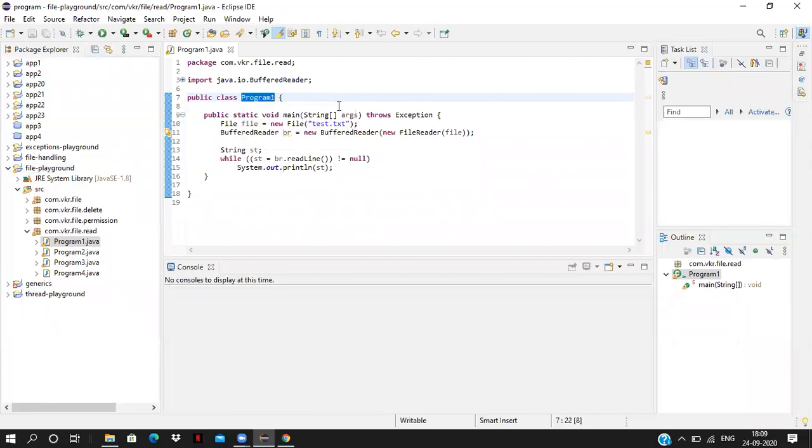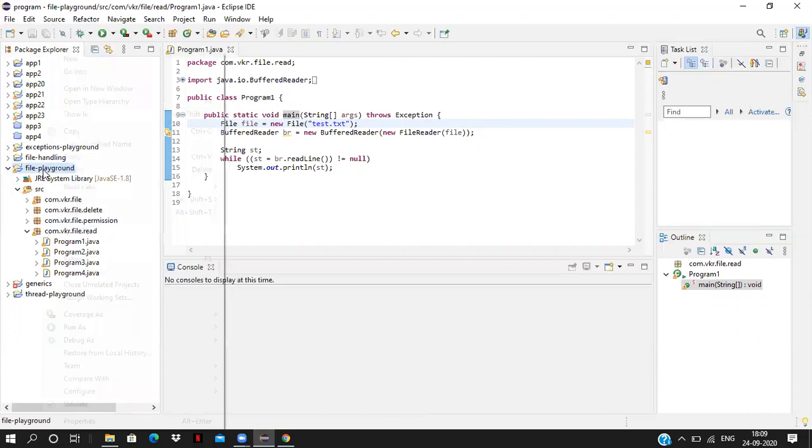So I have program 1. Inside the main method, I have a File equal to new File of test.txt. Inside my project, I don't have a test.txt file. If you want to read it, we have to create a file.